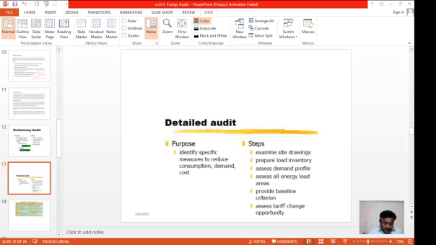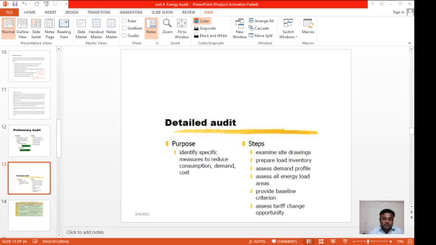So the first thing is that you have to do the data analysis. Whatever data you have received, you have to analyze that data. For example, it will have certain activities like finding the minimum, finding the maximum, and finding the average. So this is analysis. You can come to know these parameters, and then you can take some decision based on these parameters. And the final thing required for detailed energy audit, the final stage, or post energy audit, is that you have to prepare the energy audit report.